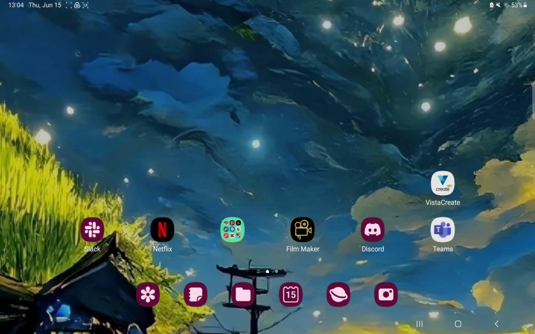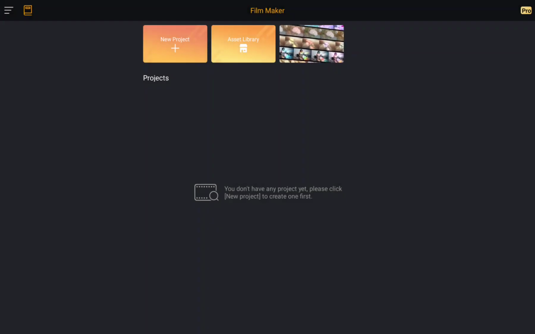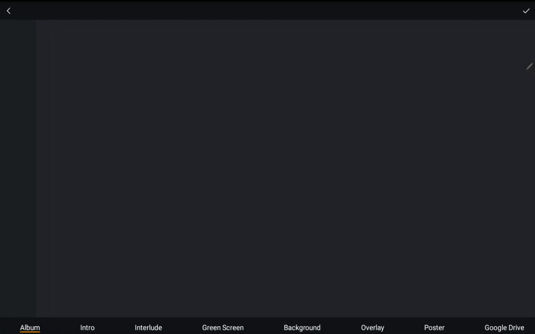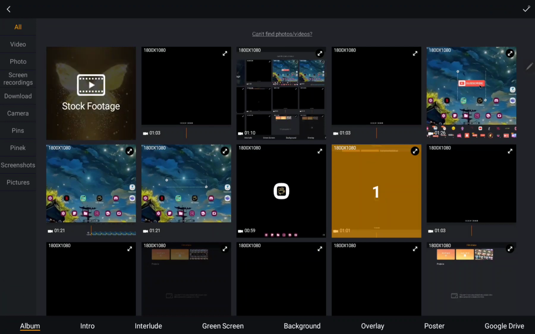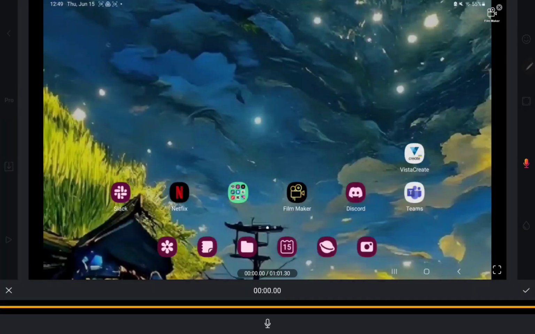First of all, open the application on your device. Tap to the New Project button at the upper side of the screen and go to the plus icon at the lower left corner. Select a video and at the right side of the screen scroll down and you can find the microphone icon under the square icon, and just tap to the microphone at the bottom of the page